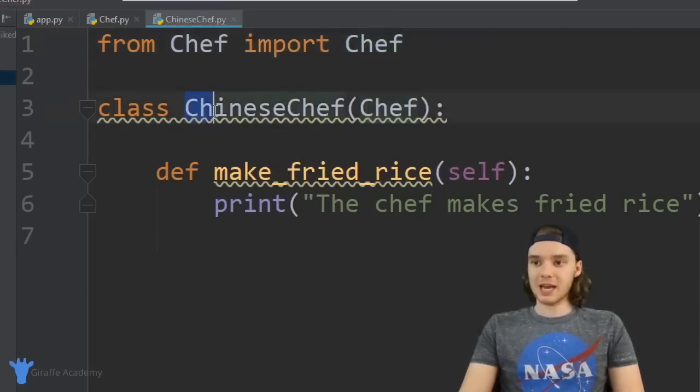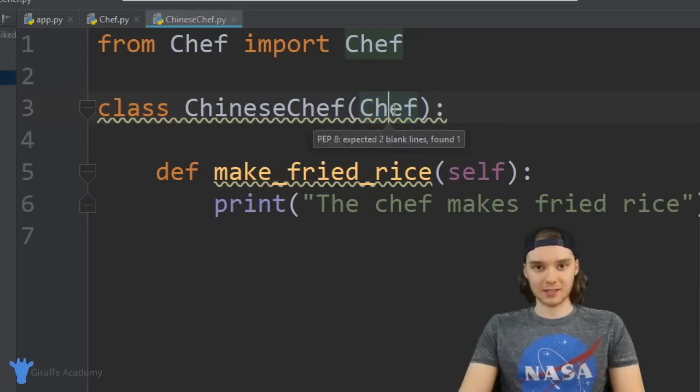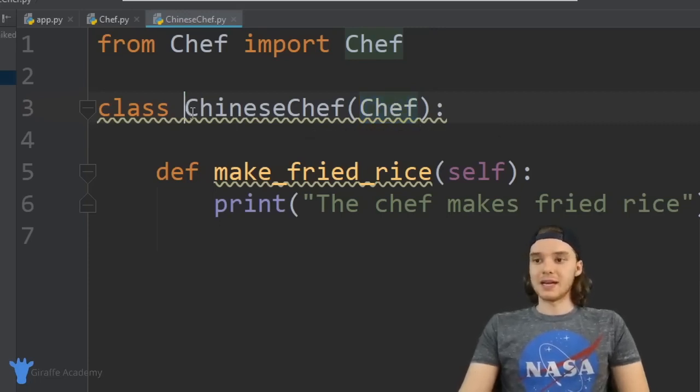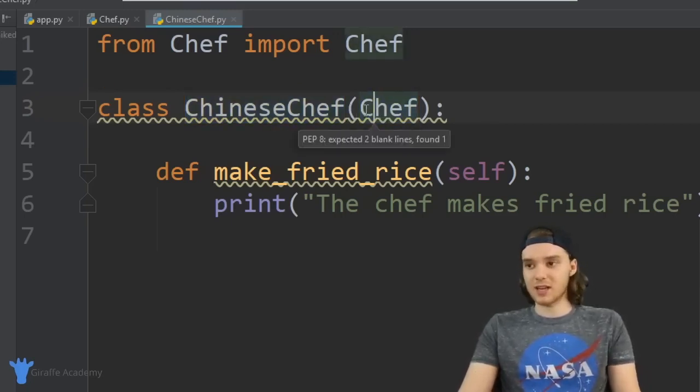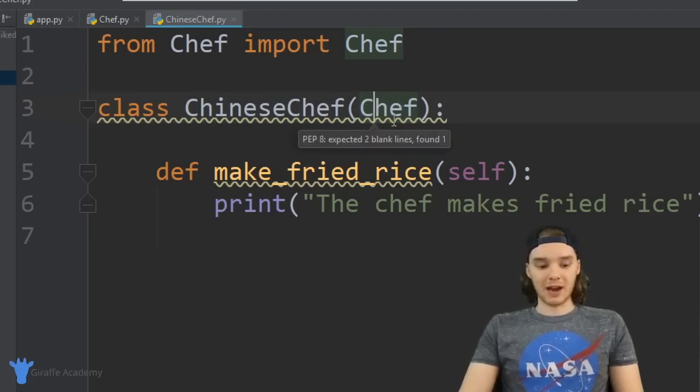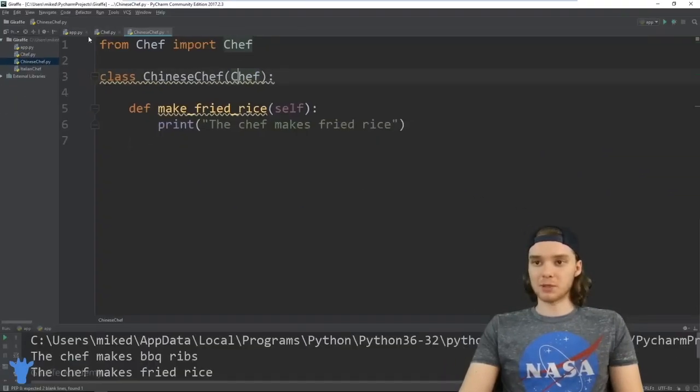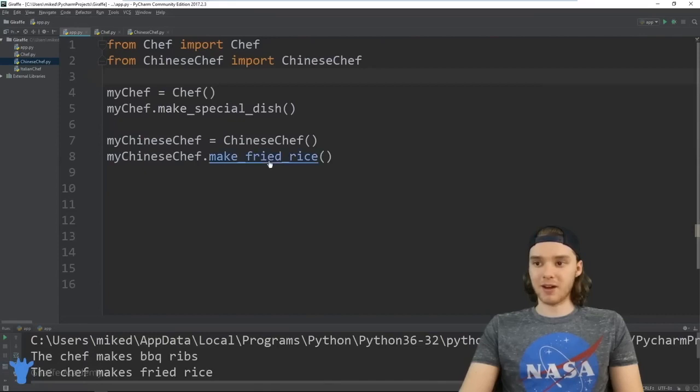So basically what this is saying is inside of this ChineseChef, I wanna be able to use all of the functions that are contained inside of the Chef class. So I'll say that one more time. Inside of this ChineseChef class, I wanna be able to use all of the functions that are inside of this Chef class. So by using inheritance here, I'm actually able to come over here to this app.py file,